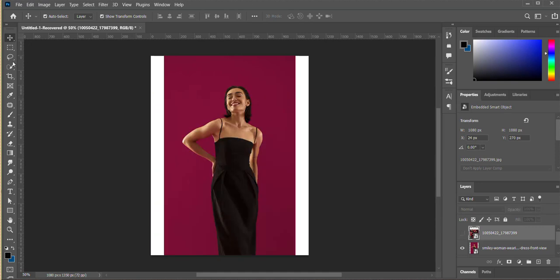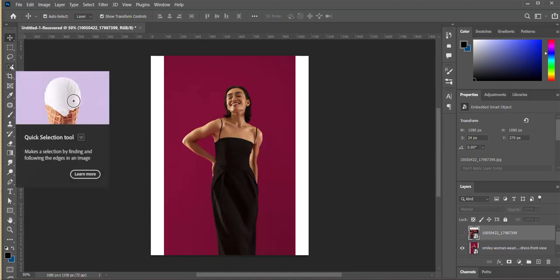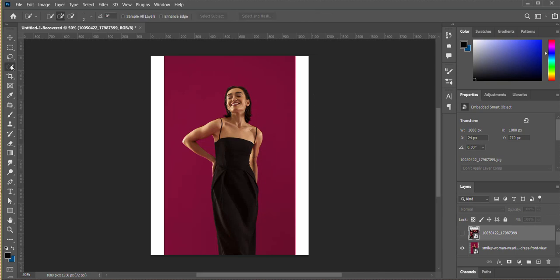First we're going to be using this selection tool. You can use object selection, we can also use quick selection or this magic wand tool to do it, but let's use this quick selection tool. Now we are going to select the parts that we want the pattern to be. So now it's on her black clothes that we want the pattern to be. So we are going to highlight where